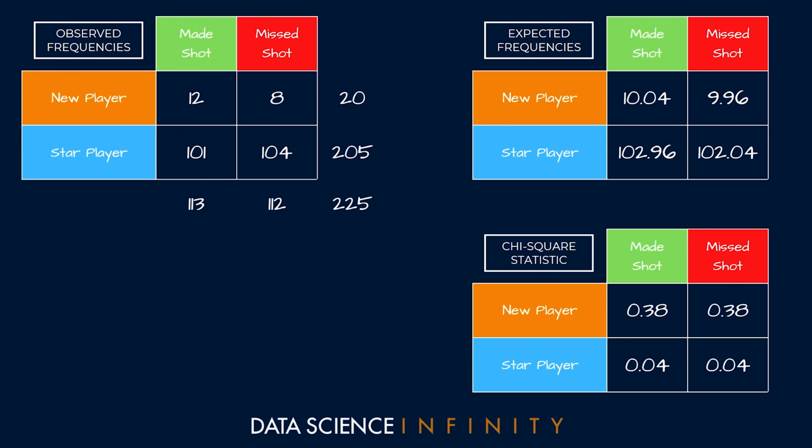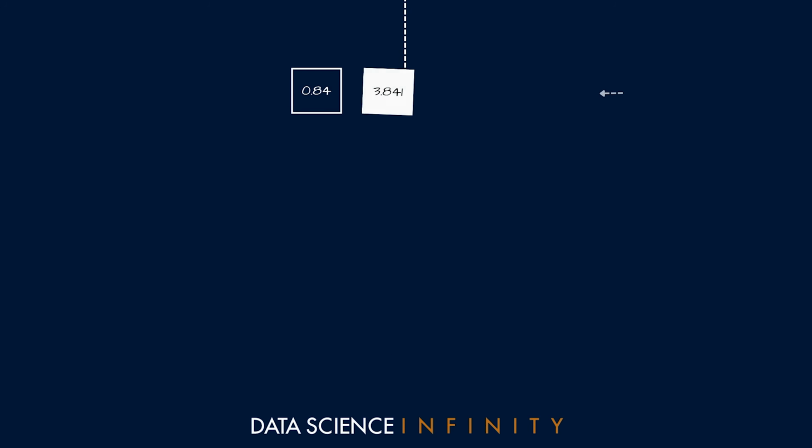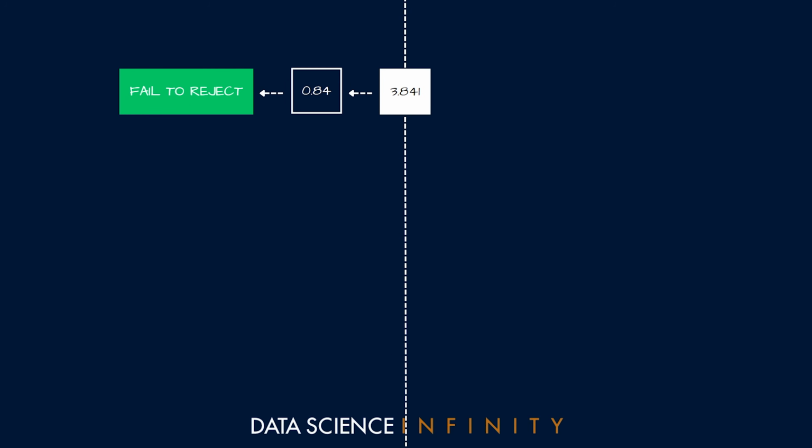From here, to calculate the total chi-square statistic for our test, which is the figure that we're after, we simply add up the values in each cell of our latest matrix. So 0.38 plus 0.38 plus 0.04 plus 0.04, which gives 0.84. And since 0.84 is lower than our critical value of 3.841, we fail to reject the null hypothesis,